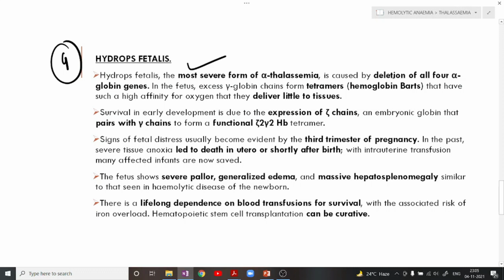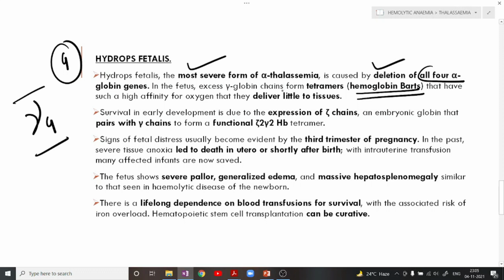It is the most severe form of alpha thalassemia wherein there is a deletion of all 4 alpha globin genes. Over here a form of hemoglobin is formed that has gamma 4 tetramers. Now this is called hemoglobin Bart's, and remember this also has a very high affinity for oxygen, just